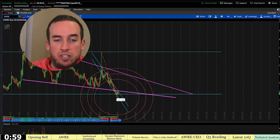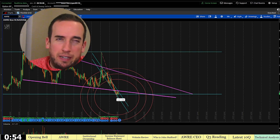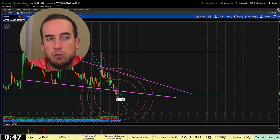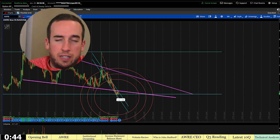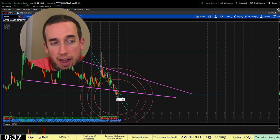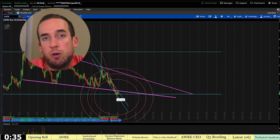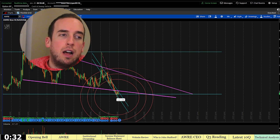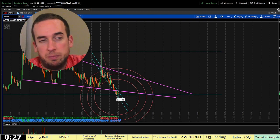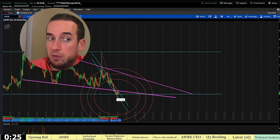So I think if you have the patience and cash to accumulate, it's worth the buy, in my opinion. If you're going to hold for 1 to 5 years, I would buy this in my 1 to 5 year range, but not yet for my Robinhood portfolio, just because more downside could be imminent. I'm just trying to outperform the market here. So, my final words are I will probably add this next month to my personal portfolio. We should see some quarter four boosts because of the postponements, but if they get postponed to Q1,